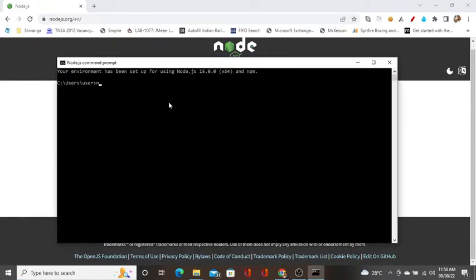I'm going to see the versions already installed. So I have two versions installed: one is 15.0.0 and the other is 10.23.1. So let's say I'm going to install a specific version of Node.js. npm install, I'm going to say